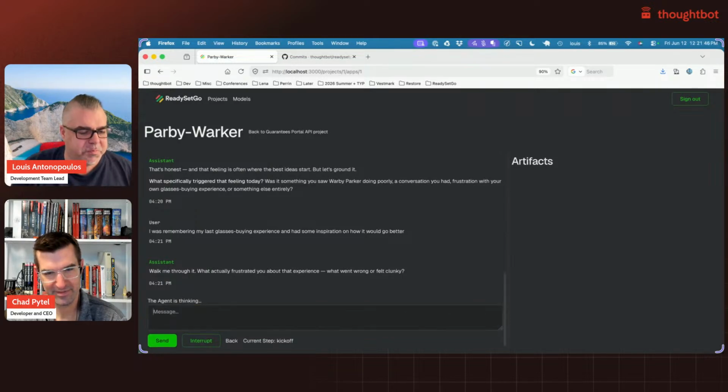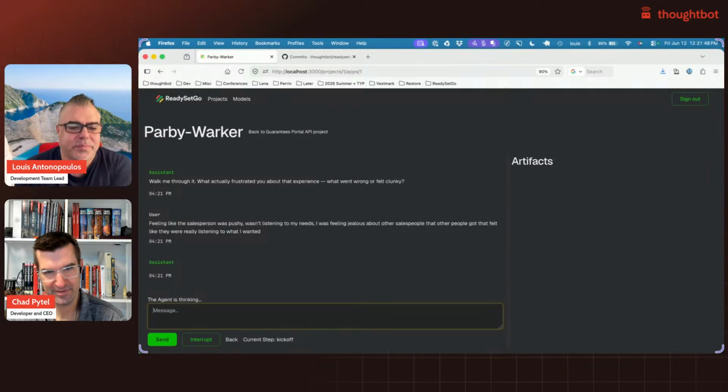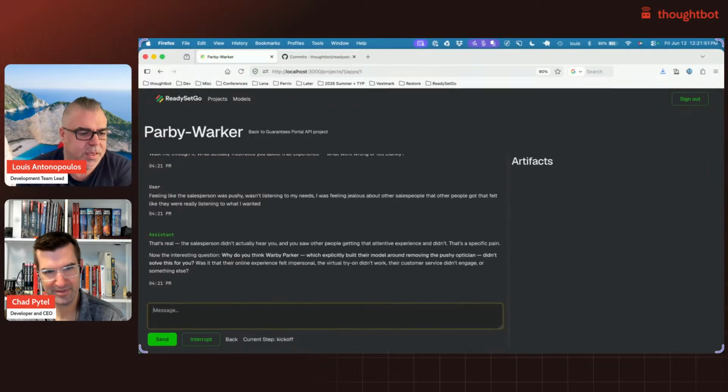Yeah, sure. Okay. The salesperson didn't hear you, saw other people getting that attentive experience and didn't. So that's a specific pain. All right, the interesting question, why do you think their model, which explicitly removed the optician, didn't solve this for you? Was their online experience impersonal? The virtual try-on didn't work? So here, it wasn't their experience that was wrong. Like it was an in-person